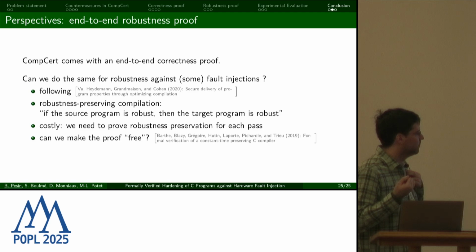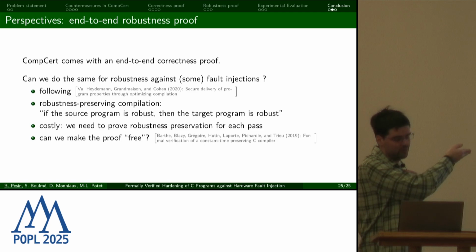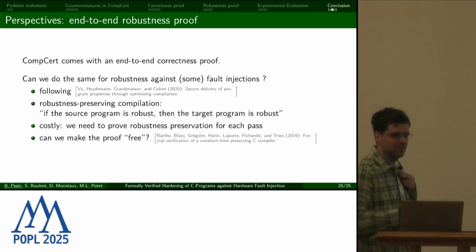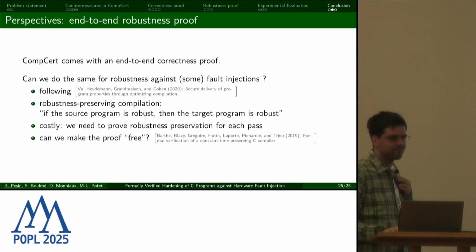But it's not clear to me that, even if we encode faults as observable events the same way they encode leaks as observable events, the same strategy applies for faults, because for faults, you essentially quantify on executions, and I don't think that's exactly the case in this article. But yeah.